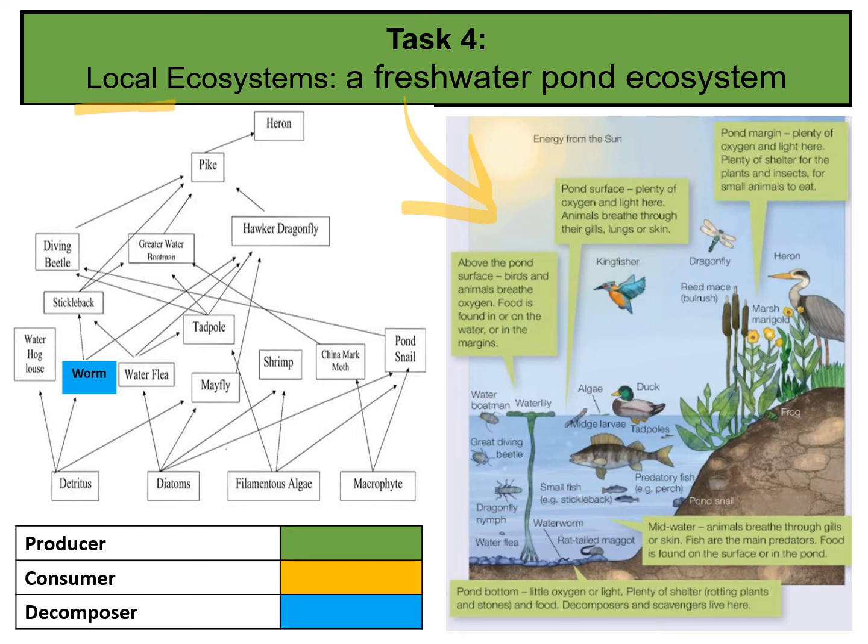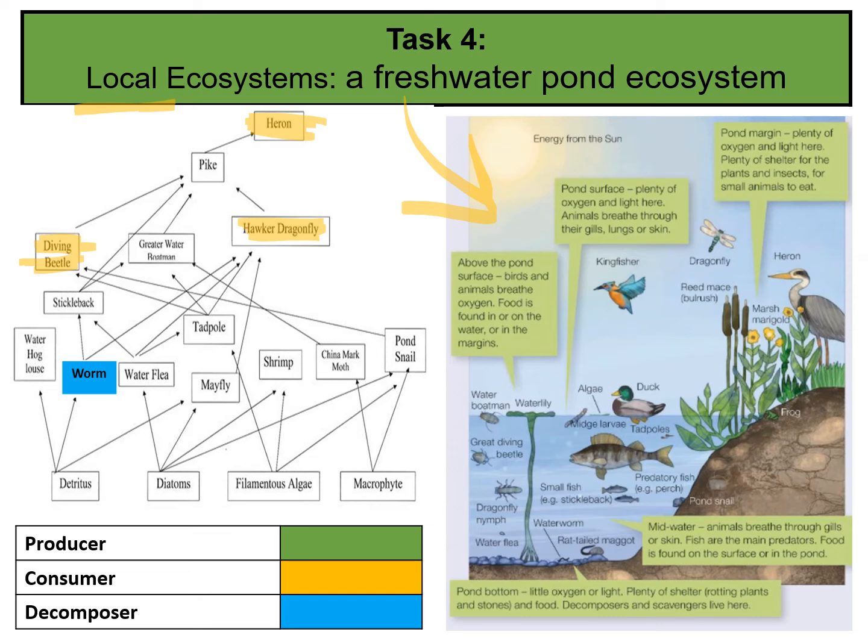So let's have a look at some more examples. A heron then, so a heron would be at the very, very top of the food chain, so they're consuming things. Okay, so is a diving beetle, so would be things like the dragonfly, okay? And it doesn't say whether they are like herbivores or carnivores, it just says that they are consuming food, whereas things such as the,